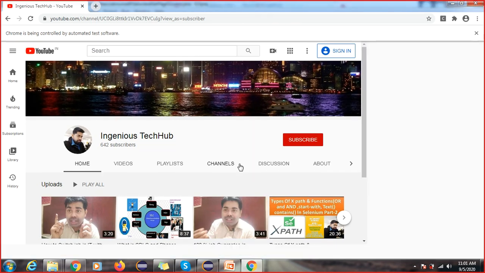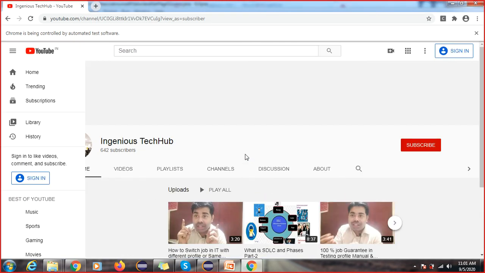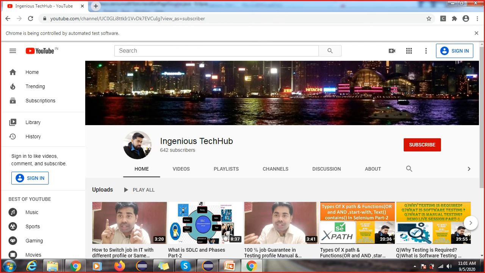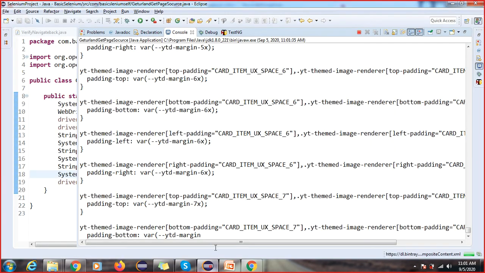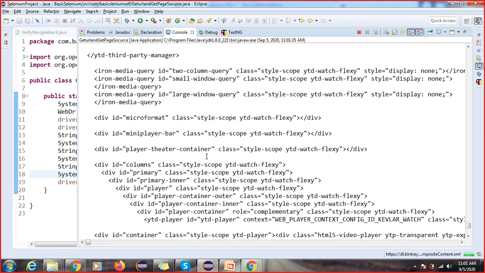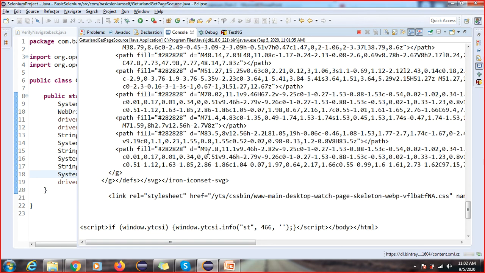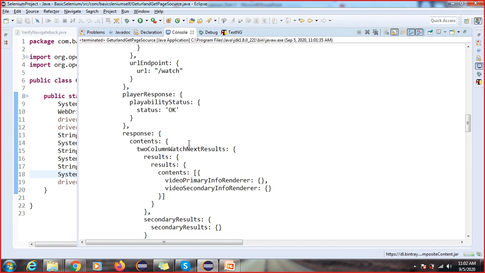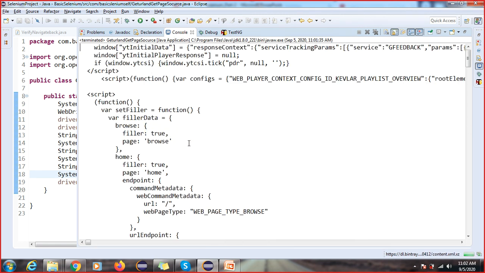It will print the source. It will take time to print the source. You can see this is the page source it is printing. Got it, right? By using this we are printing the page source.